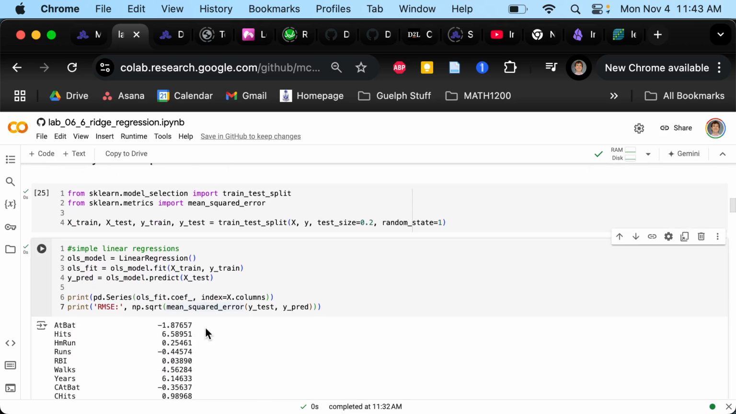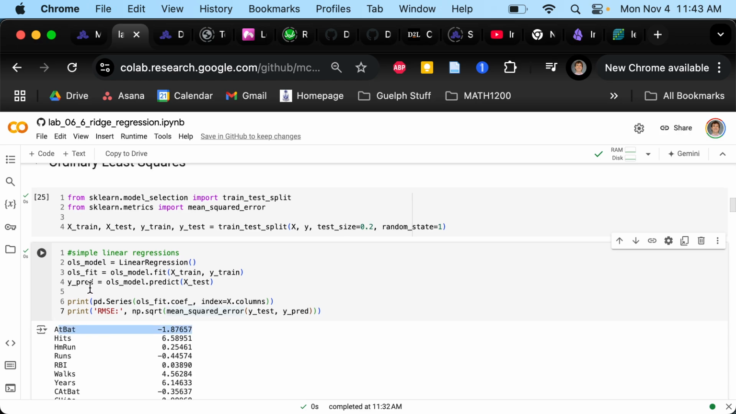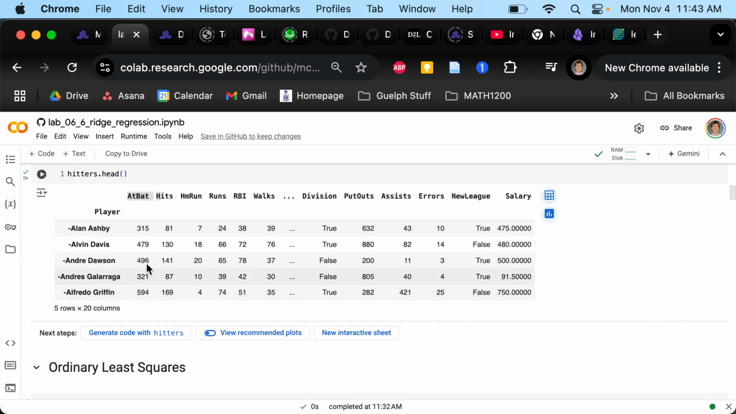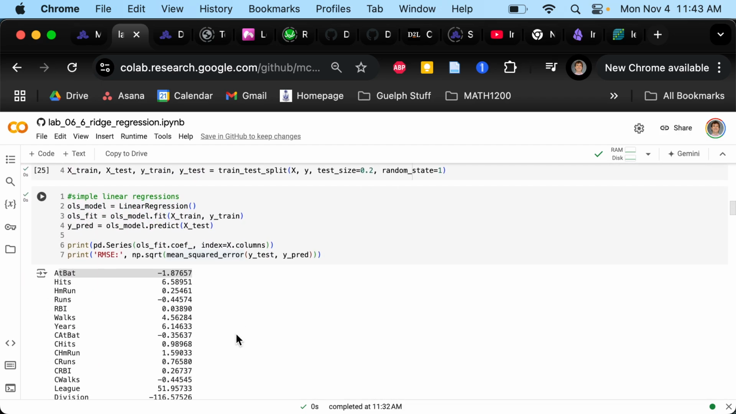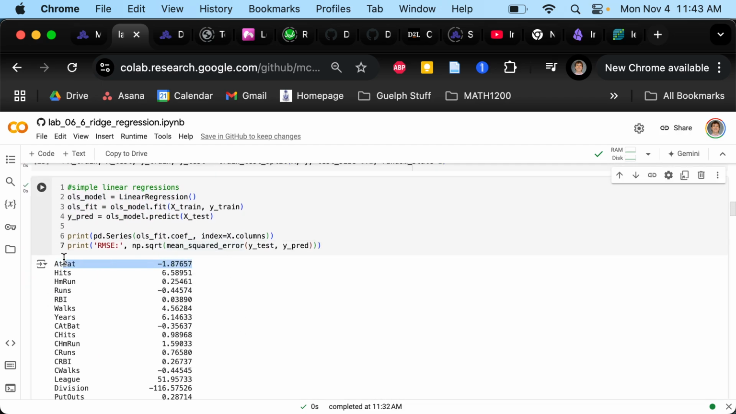Is a coefficient of negative 1.8 a big number? Well, how do linear models work? You multiply the coefficient by the value. So you're going to do negative 1.8 times 300 at least. That's like negative 400. So is that relevant to us for the salary? Is a size of 400 relevant here? These things are like 500, 480. This is a huge number. So even though this coefficient of negative 1.8 looks like a small number,